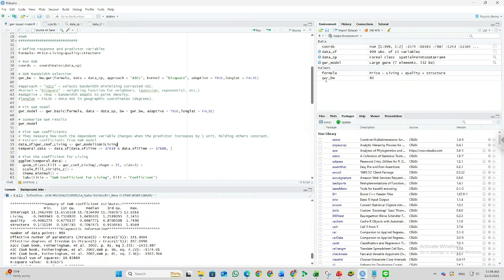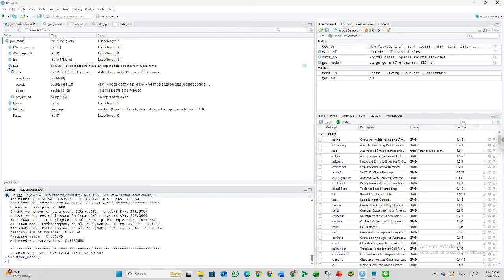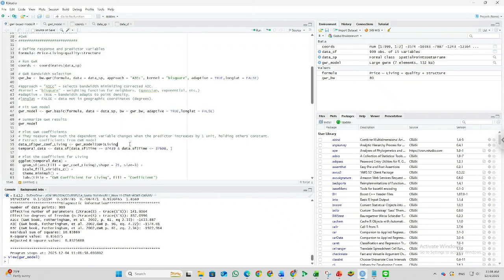We can see in the GWR model here, in the SDF, we have this one, the living. For this code, we want to add the coefficient of the living that we have got from the GWR model.